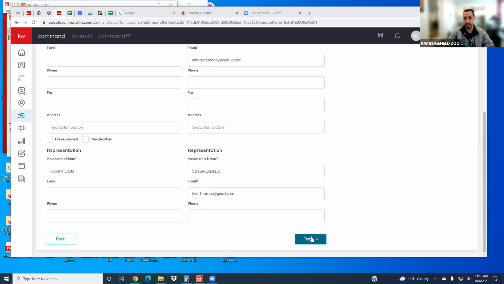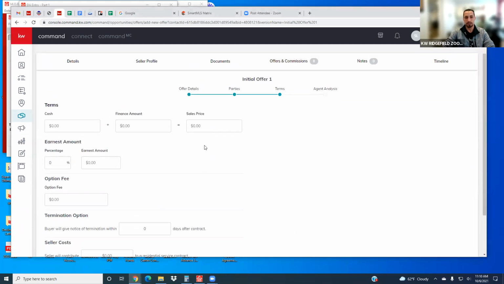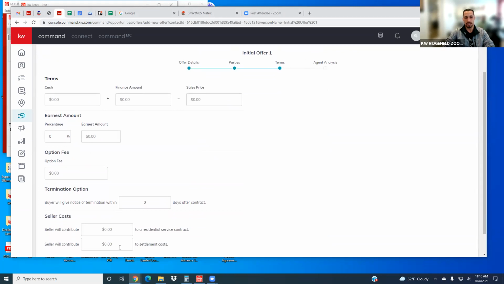And then once you're done with that, you just click on terms. So here, there's a whole bunch of stuff, but again, most of this is optional if you're just looking to submit your transaction to the market center to get paid. So the only thing you actually have to do is this top section here. Cash plus finance amount